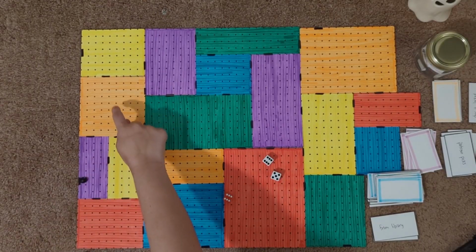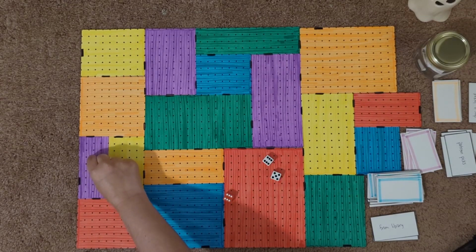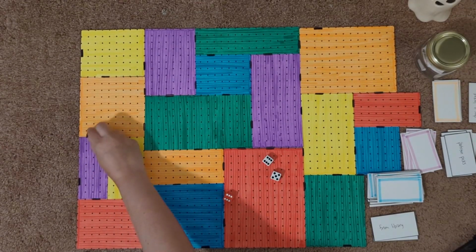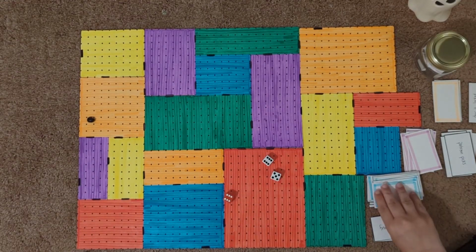Now let's attempt to get out of this house still. I think I'm going to try to go through here and out that room. So I moved 7 already. So I still have 10 more. 8, 9, 10, 11, 12, 13, 14. I have doubles. 15, 16, 17. So a thriller